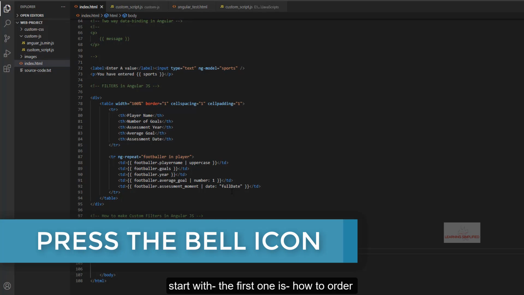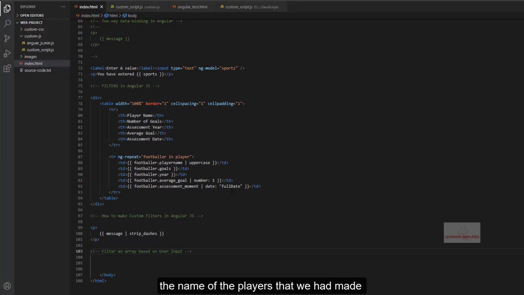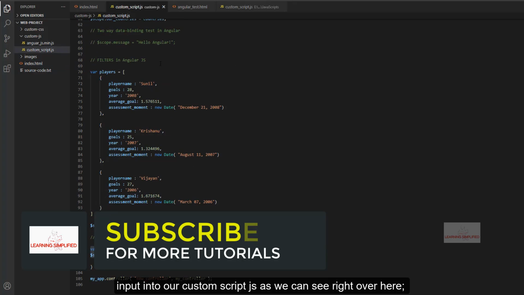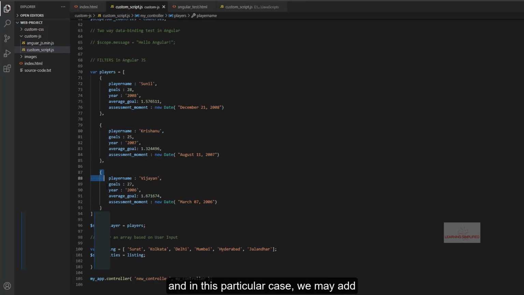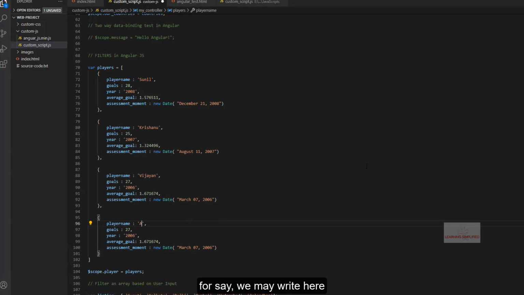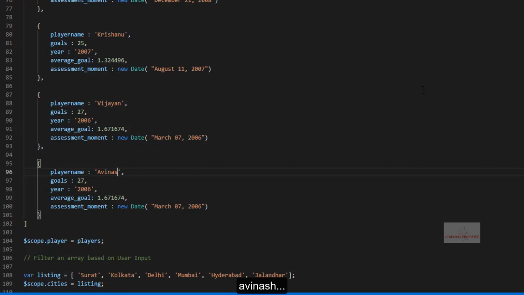The first one is how to order the names of the players that we had put into our custom script JS, as we can see right over here. In this case we may add some additional player names, like, say, we may write here Avinash, goals 22, year 2005, average goal.